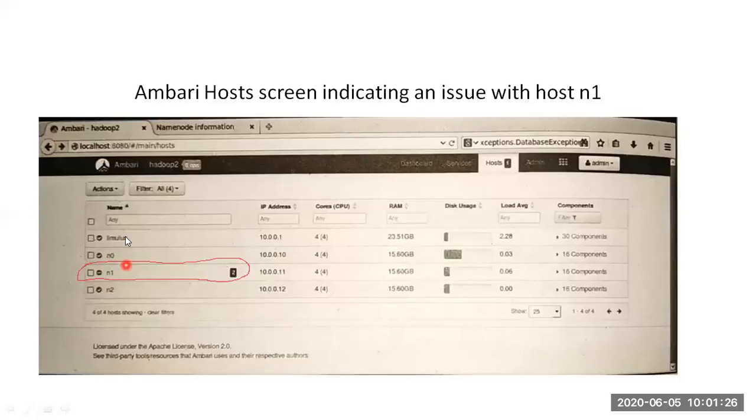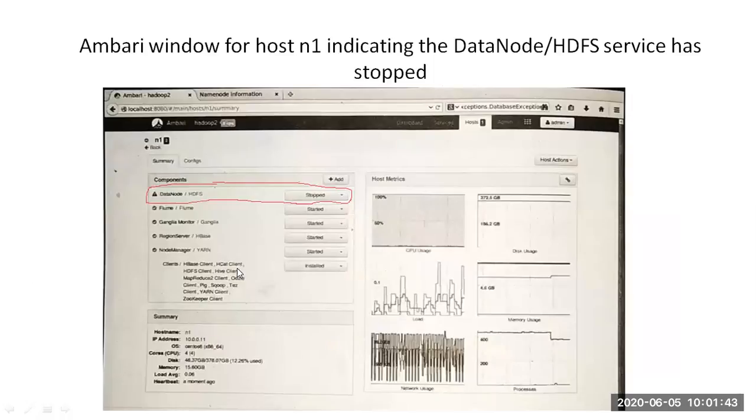Okay, so here we have four nodes: node 1, node 2, node 3, node 4, and this minus indicates that this node is not alive. You need to resolve this issue. We need to reinitiate and start doing the things. Okay, and now that node, whatever it is being stopped, we need to go to the dashboard.